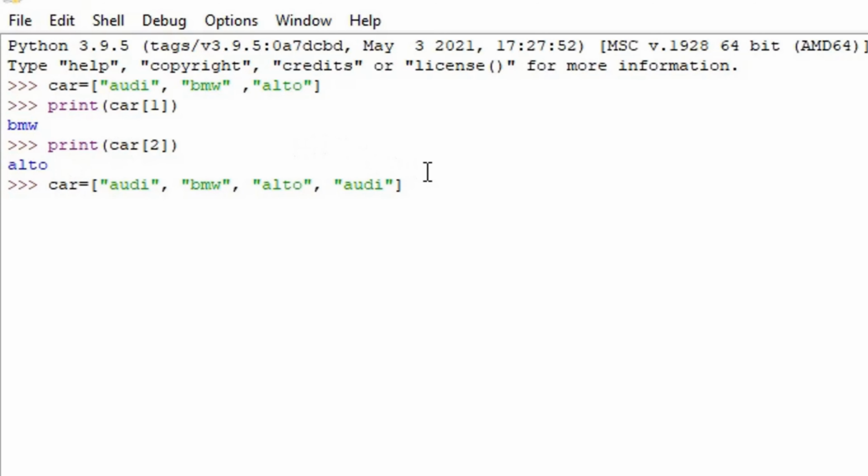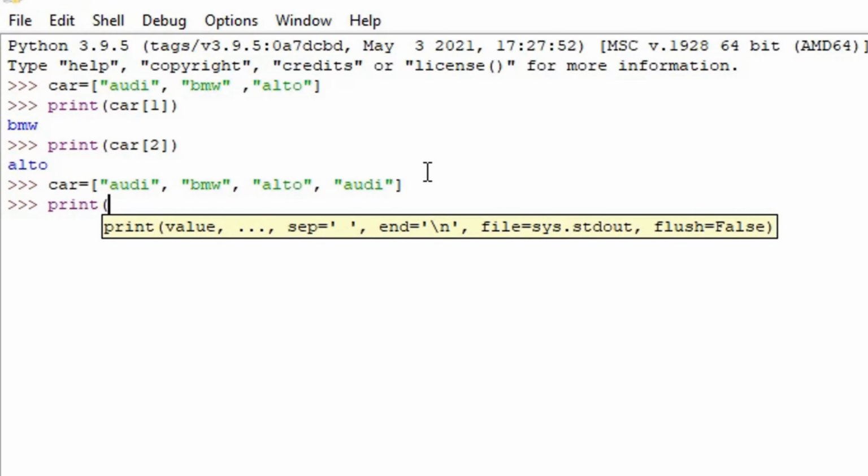But if I am going to access the last Audi, I just need to write here car, the name of the list, and inside the list I need to see what its index is.